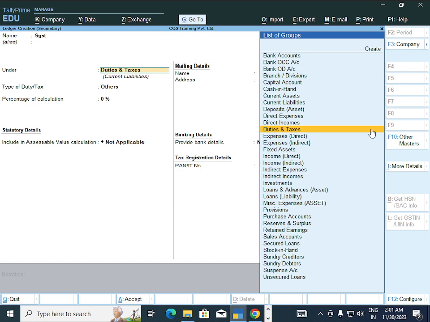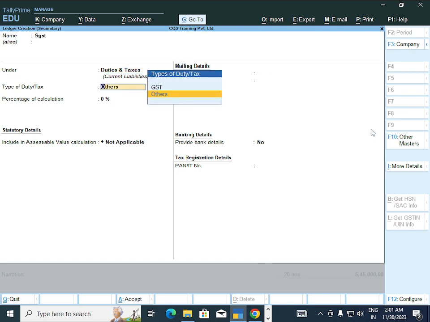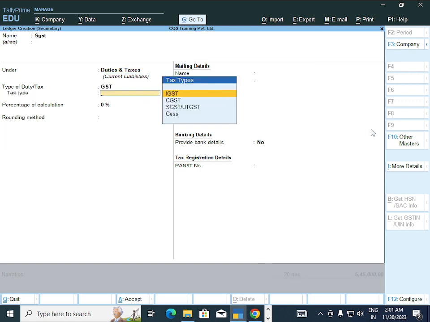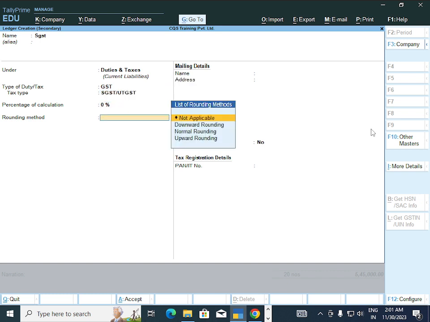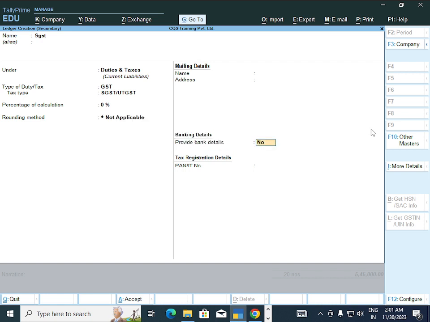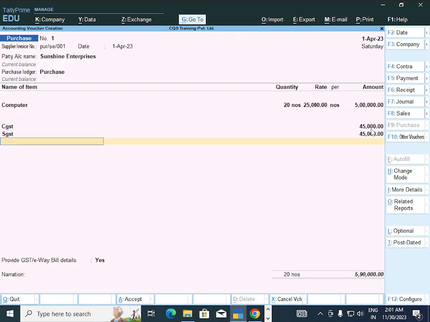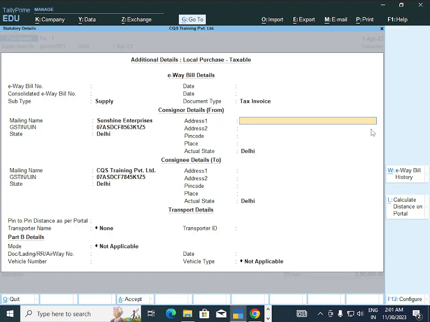SGST comes under duty and taxes. Type of duty will be GST. Tax type is SGST. Percentage calculation is 0%. Provide GST e-way bill details here should be yes. You can see there is a lot of information reflected here.